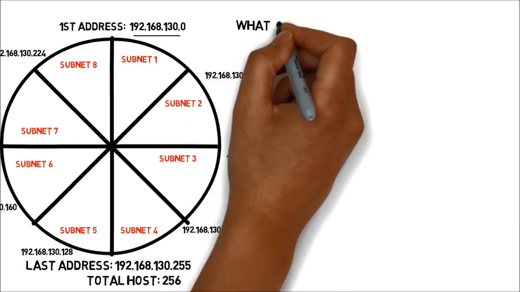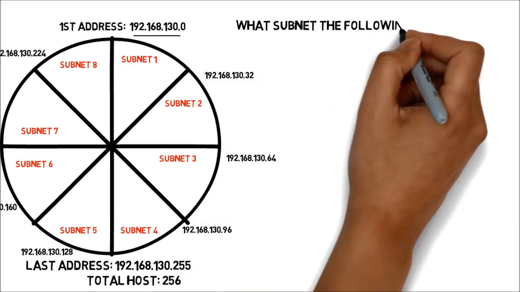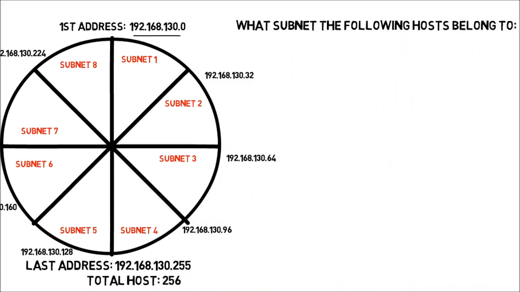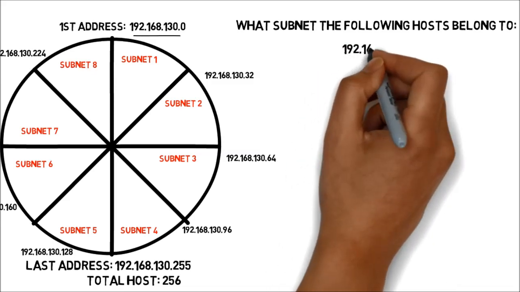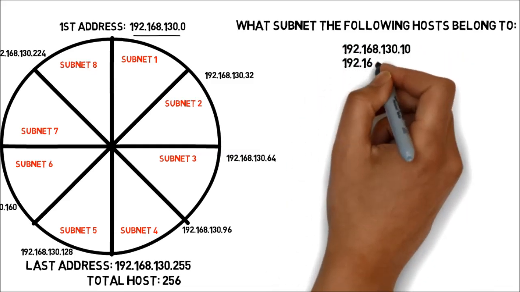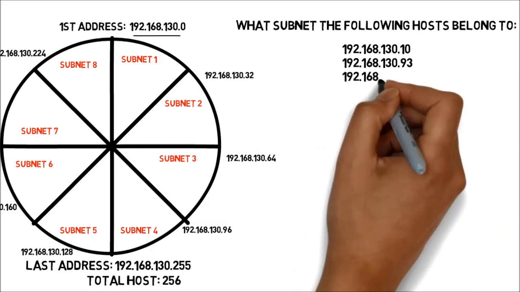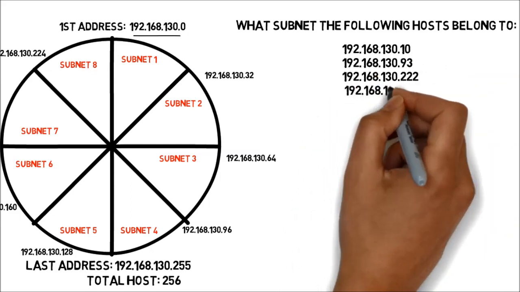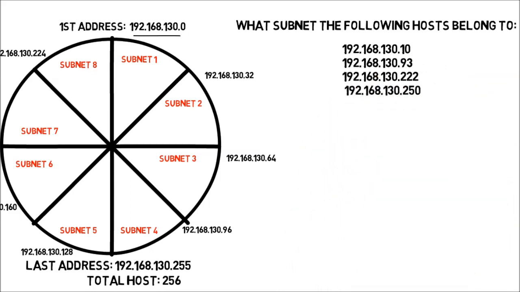Now the third question is, what subnet do the following hosts belong to? There are 4 different addresses given. You have to find out which subnet each address belongs to. Look at the first address. The last octet is 10 and it belongs to subnet 1,